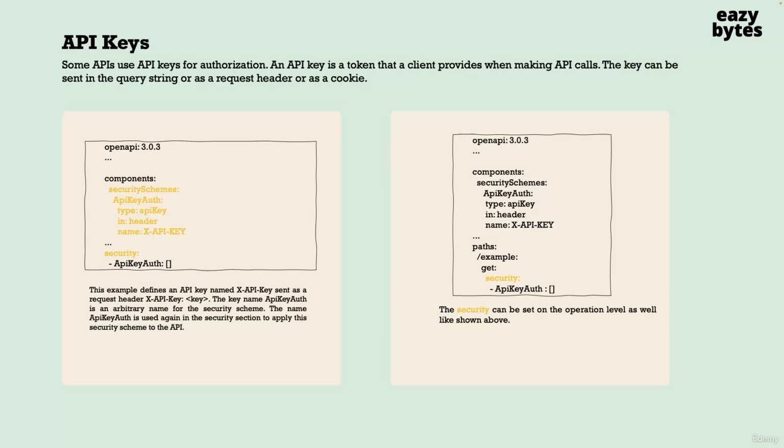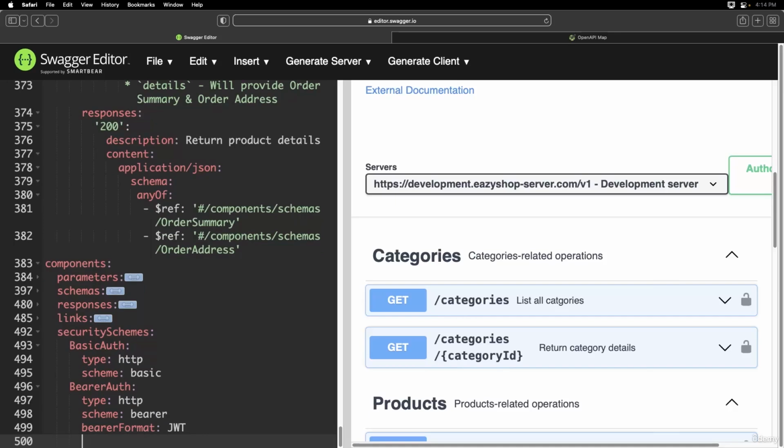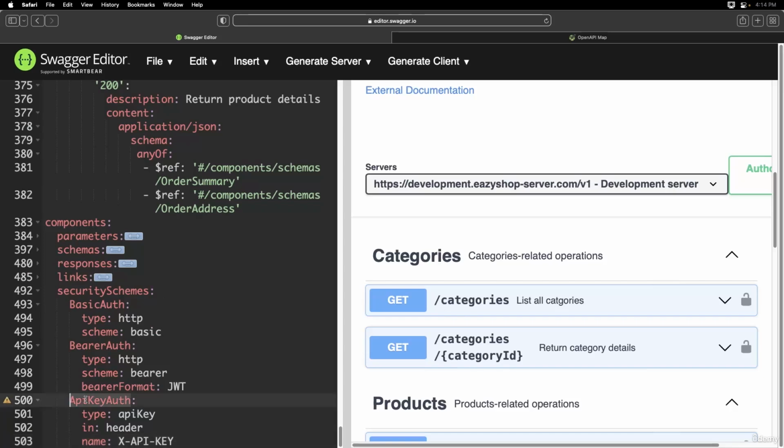So now let's quickly document this inside our OpenAPI specification. For the same, let me go to the Swagger editor. So here inside my security schemes, I'm going to introduce a new security scheme. Like you can see here, the name that I have chosen is API key auth, and again this name can be anything. And for API key, the type we need to mention is API key. And please make sure this K is in capital letters inside the API key. And after the type, you need to mention the in as a header or query or cookie. And once we define this in field details, we can provide the name of your header with the name attribute. And the name that we have chosen is